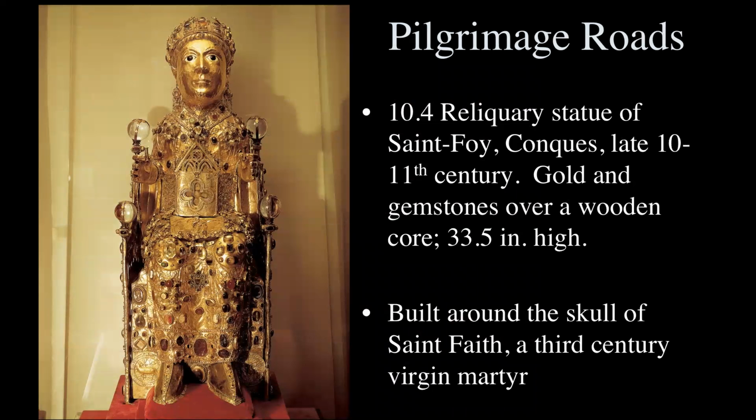So each of the churches would generally have a relic. And a relic is usually something from a saint or from someone like Jesus or Mary. And it would be some kind of piece from their life. So one relic that would be common is a piece of the cloak from the Virgin Mary. Another one that would be common would be a piece of the true cross that Jesus was crucified on.